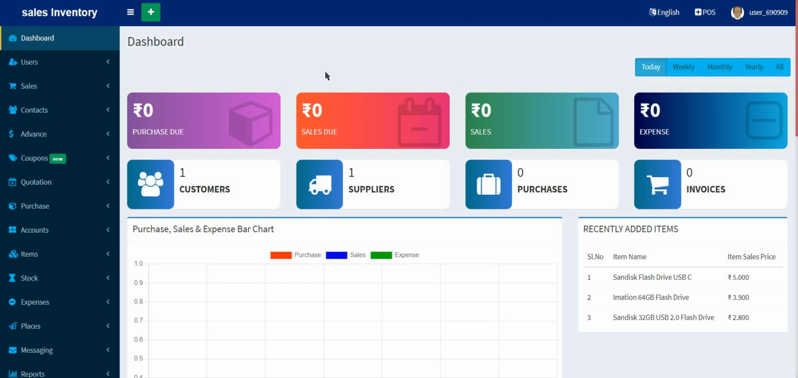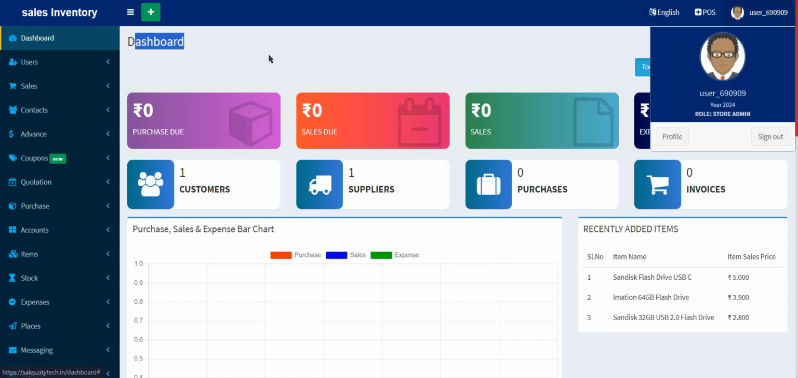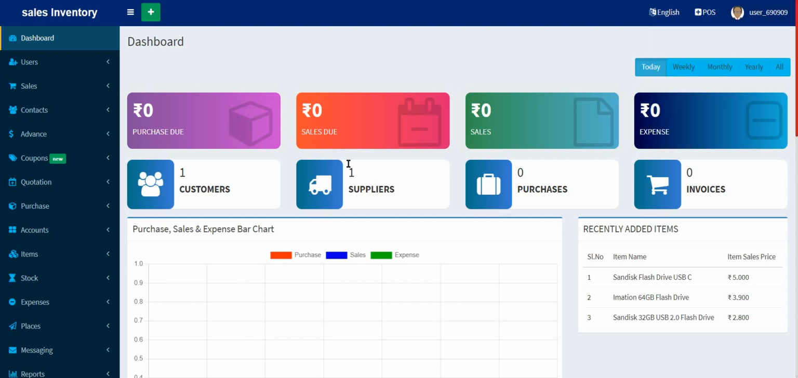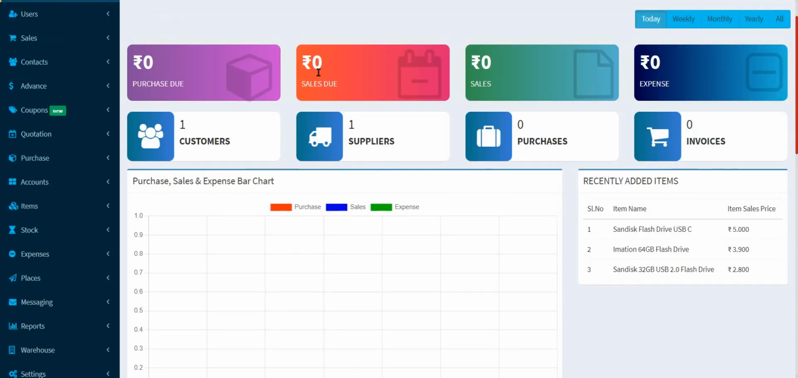Today we will be diving more into sales inventory management software. So as you can see, this is the dashboard of our software with a lot of information. You can change languages, connect it with POS, see the user's details and all. Then after the dashboard will be a brief summary about purchase due, sales, expenses,